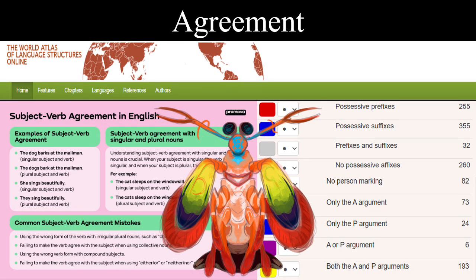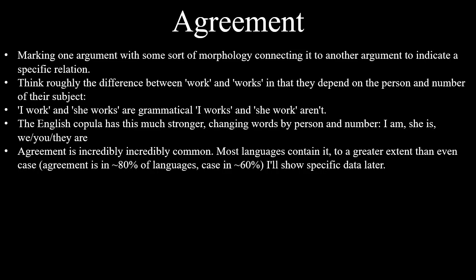Today we're talking about agreement. First we'll discuss what agreement is, how it happens, etc. Then we'll talk about what different grammatical systems can agree on, and which grammatical systems can contain agreement in the first place. So, agreement, also called concord, is when a word changes form depending on the details of another word